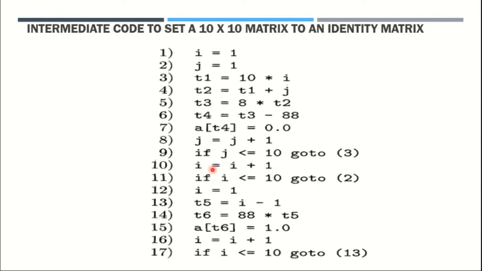So block 4 contains these two lines, and here 12 is block 5. Why? Because the 11th instruction contains a conditional statement. So 12 is another basic block, and next 13 is also another leader, so that's why the 13th is another basic block. From 13 to 17 we are not having any conditional or unconditional branching statements, so these all are treated as one more block. So totally 6 blocks in this three address code representation.